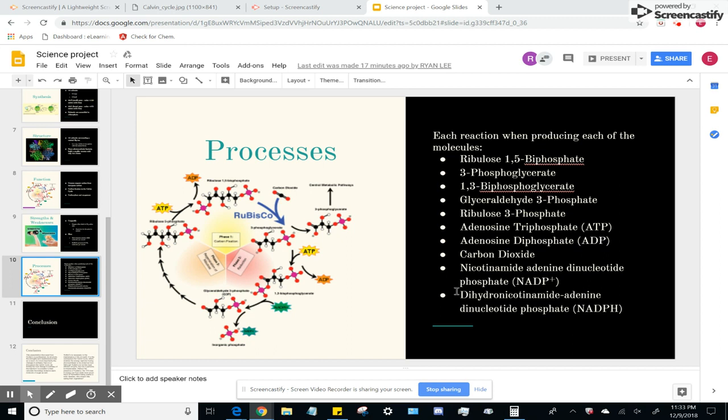To give an overview of the Calvin cycle, where RuBisCo is most useful, the process starts with carbon dioxide molecules being transformed into phosphoglyceric acid through a process known as carboxylation. Then, through phosphorylation, ATP donates one phosphate group, becoming ADP, to the phosphoglyceric acid molecules, transforming them into diphosphoglyceric acid.